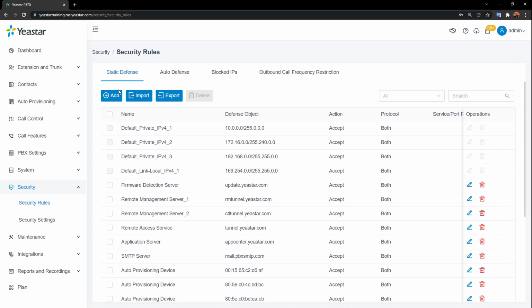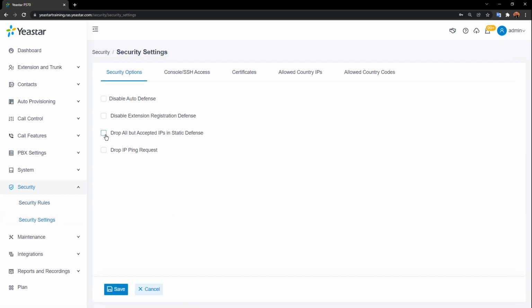So you can definitely create so many static defense rules there, and those static defense rules usually are going to be something confirmed by ourselves, right? For example, I just create a very particular one. The action is going to be accept, right? For example, like this. Now, if I go back to security settings, I just enable drop all but accepted IPs in static defense. Well, the meaning is